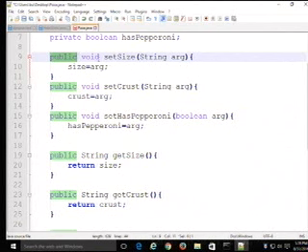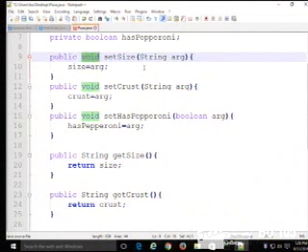Public means the outside world can access it. That's a good thing, right? Other classes that are creating pizzas, for example, if we had a GUI that would allow you to create a pizza and click on the size and the kind of crust and so on, it's going to need to create a pizza object. It's going to need to tell that pizza object what size it is, what kind of crust it has, and so on. So we need something that the public, that is the outside world, can access. And that's not going to be the attribute itself, it's going to be the method. This method is public, so any other class can access it.